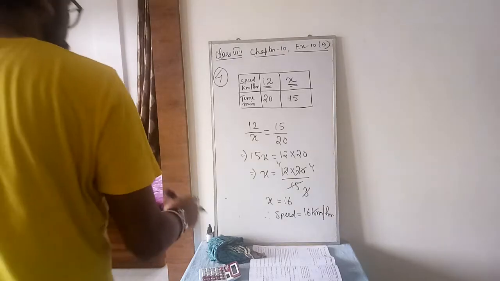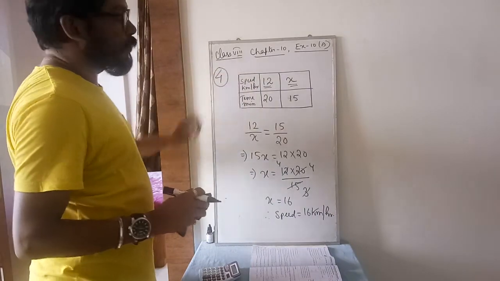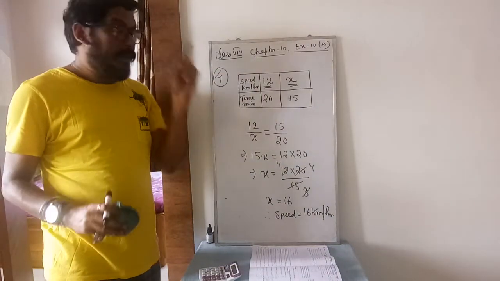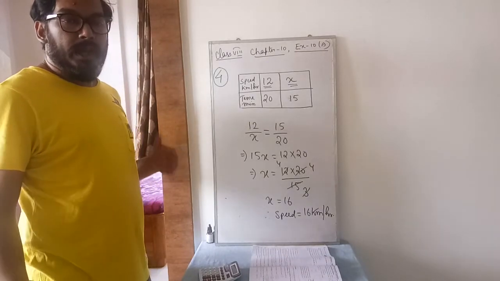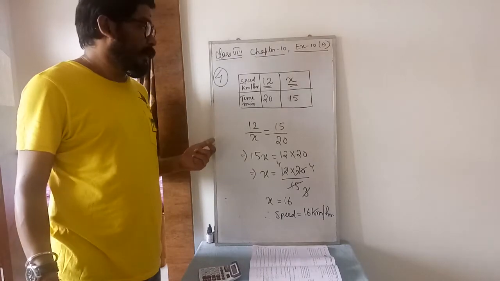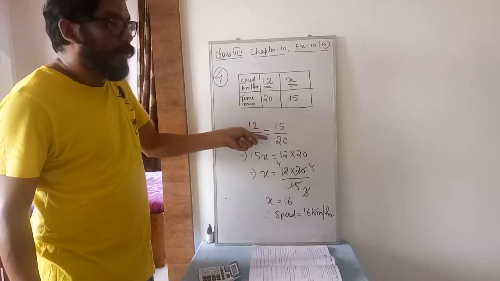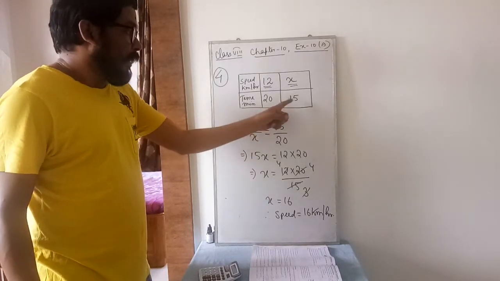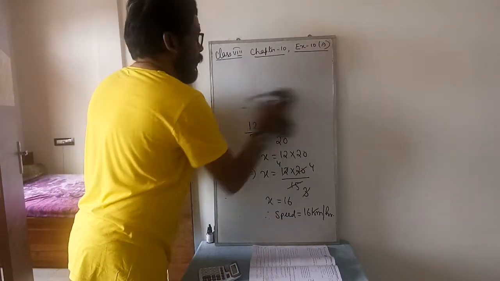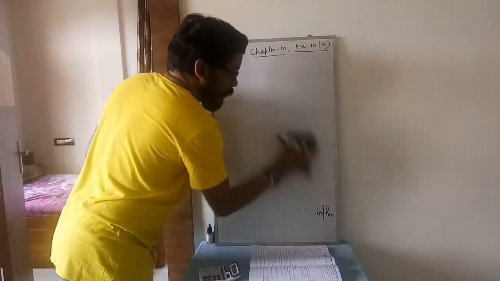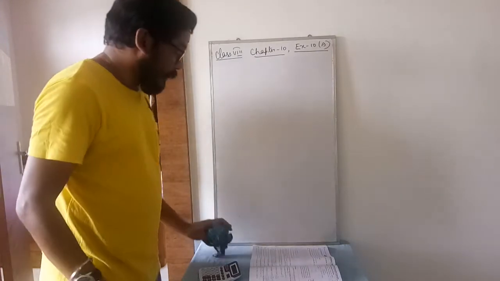Okay, clear? So whenever they give a sum related to speed and time, keep in mind that speed and time are inversely proportional to each other. When you find the value of any quantity, either speed or time, what you will do? Ratio of the speed quantity equals ratio of the time. While adding the time, you just reverse it, 15 by 20. So when you do the next sum, it will become more clear. Okay, this is inverse variation. In exam time, you have to judge by yourself whether it is direct variation or inverse variation.